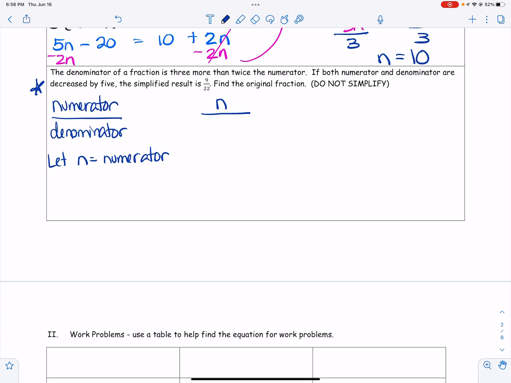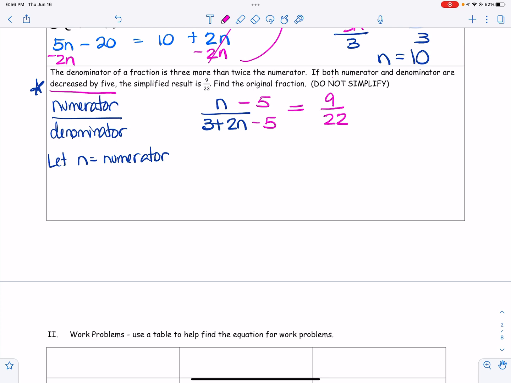And then it says that the denominator is 3 more than twice the numerator, okay? So that's my original fraction. Now it says if both the numerator and denominator are decreased by 5, so I take 5 from the top and I take 5 from the bottom, it says the simplified result is 9/22. So this is going to be a proportion, but before I do anything, I want to make sure that